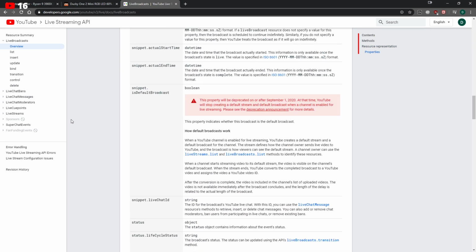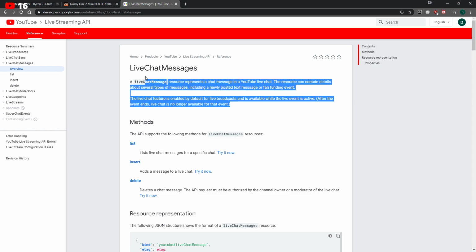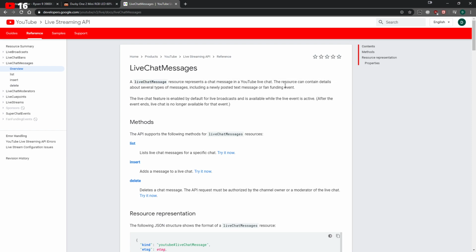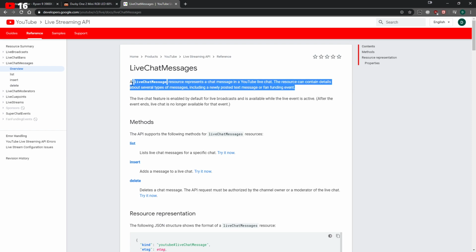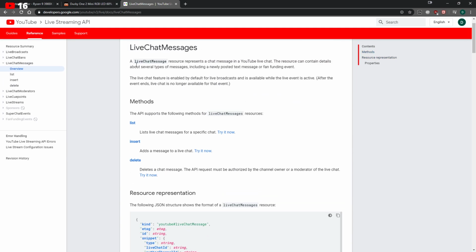But I don't think that's what we want. We want something like live chat messages, right over here. A live chat message resource represents a chat message in a YouTube live chat. The resource can contain details about several types of messages. So I guess what we would do is listen to some kind of event, and whenever that event is emitted, this live chat message is going to be sent to us, and then we can use that to respond. I think so.